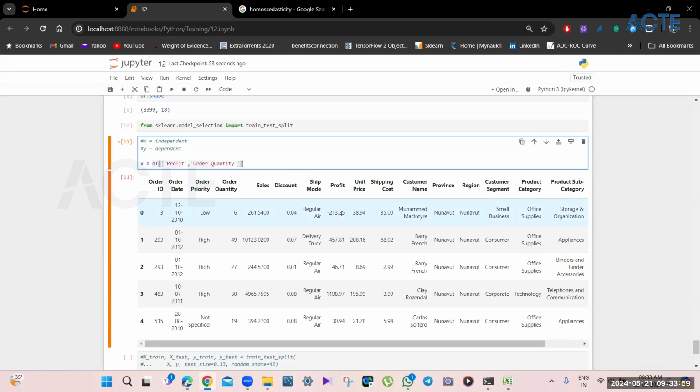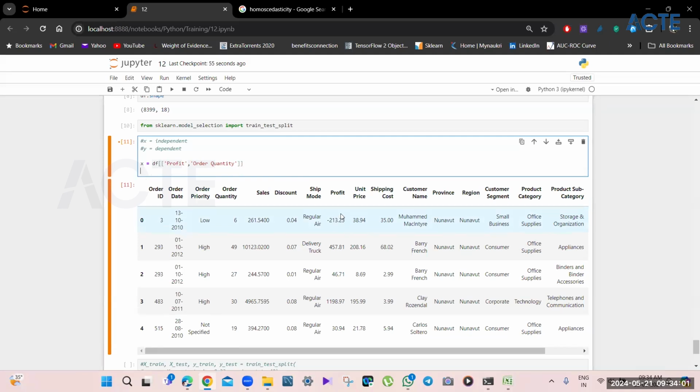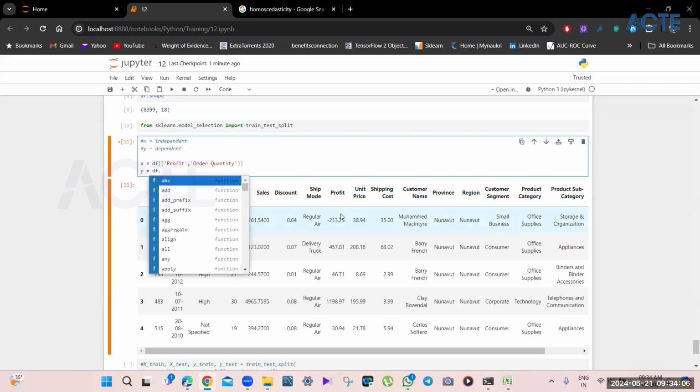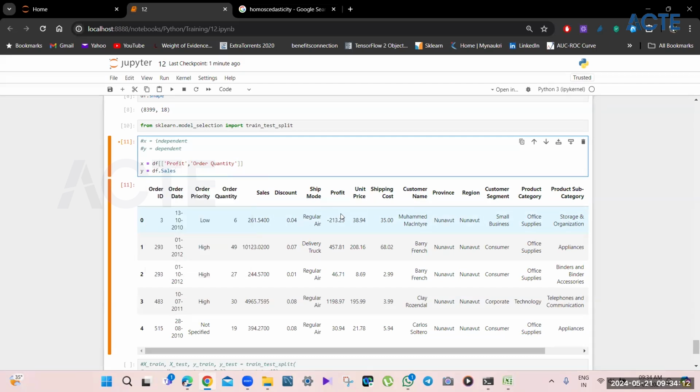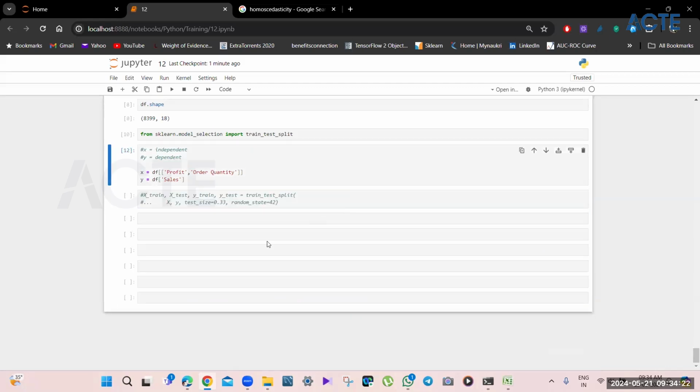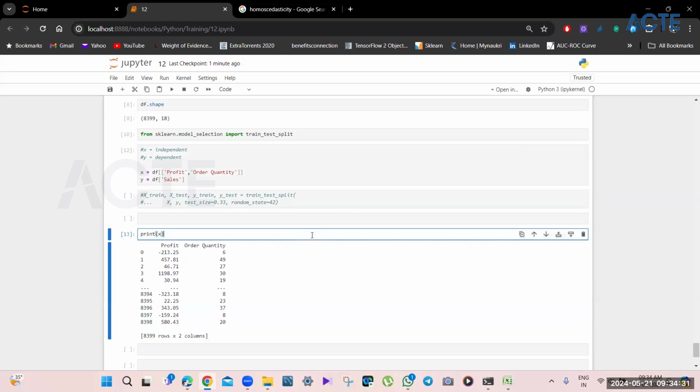order quantity, right? So this is my x, and what is my y? Y is equal to df dot sales. So that is my x and this is my y. Or you can write it in this way as well, it's up to you. Sales, right? So these are my x and this is my y. Are you sure? Let's see. Print of x if I do, yes. Print of y if I do,